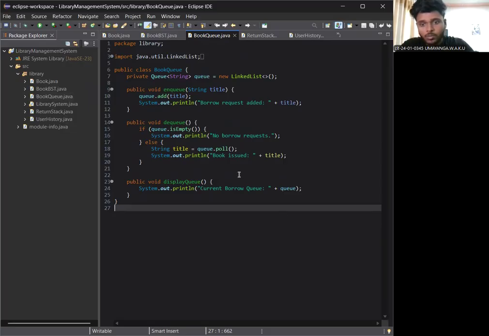BookQueue.java. For handling book borrow requests, I use the queue. It works using first in, first out logic. When a user borrows a book, it's added to the queue. When the book is issued, it is removed from the queue. Okay, next is